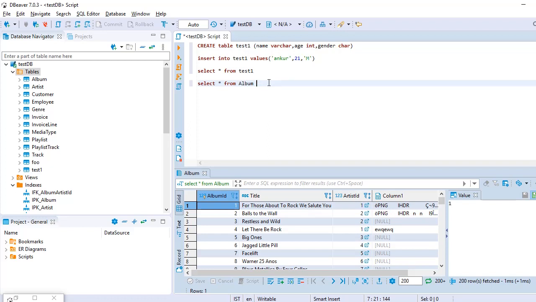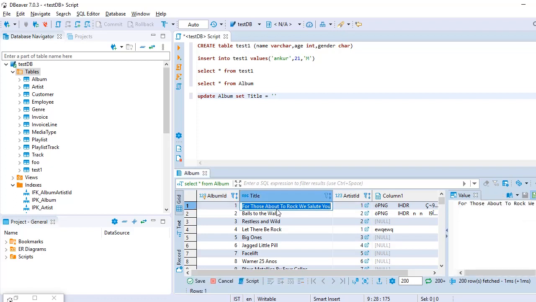Now we can update the existing data using the update command, or we generally say update query. We have the update keyword. Now we have to keep the table name: update the table name, set title equal to. If we hover here, we'll see it's an nvarchar, and we can take characters up to 160 characters.